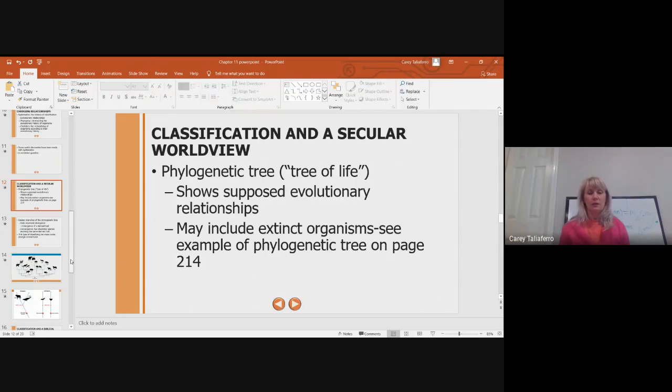These can include extinct organisms, which we can't really do any more studies on other than looking at any potential fossil finds. But when you look at phylogenetic trees, this is going back to what Darwin put together as he wrote